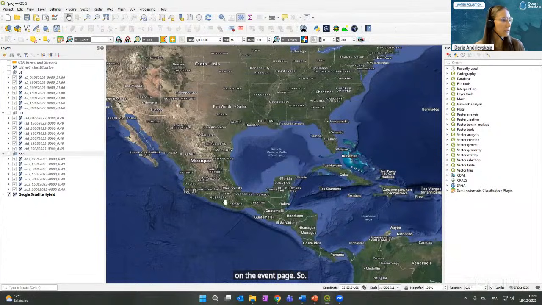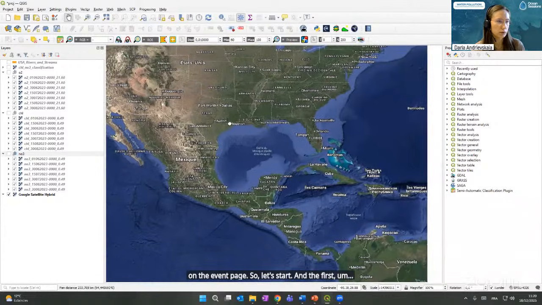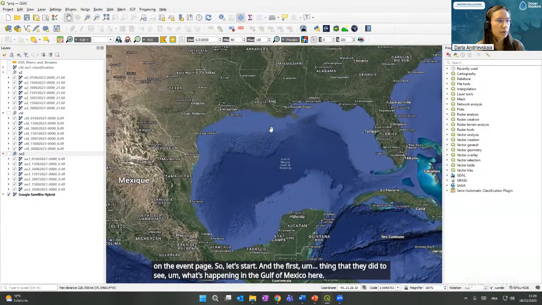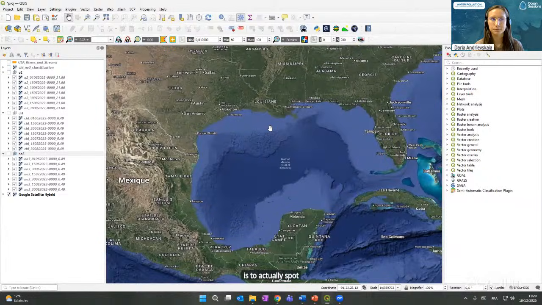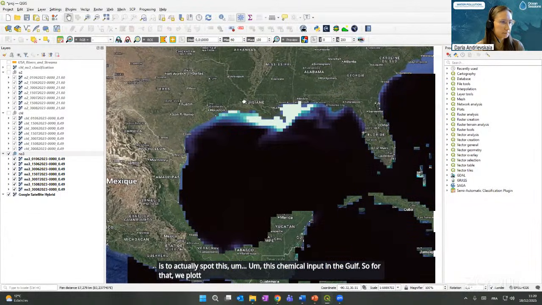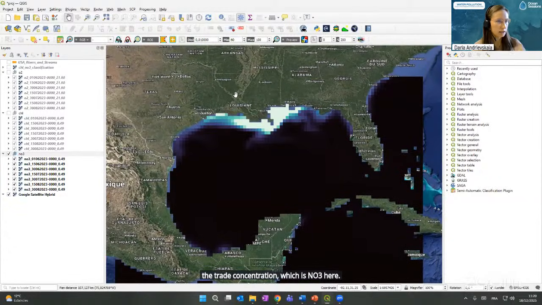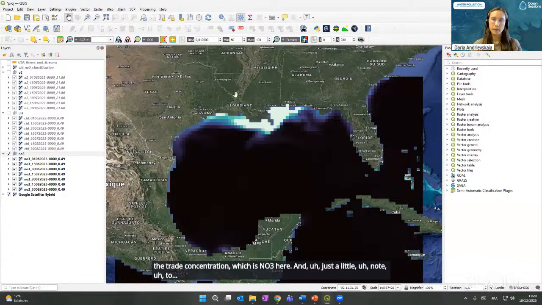So let's start. The first thing that we did to see what's happening in the Gulf of Mexico here is to actually spot this chemical input in the Gulf. So for that we plotted nitrate concentration, which is NO3 here, and just a little note: to add the data from Copernicus Marine Service, which is in NetCDF format,